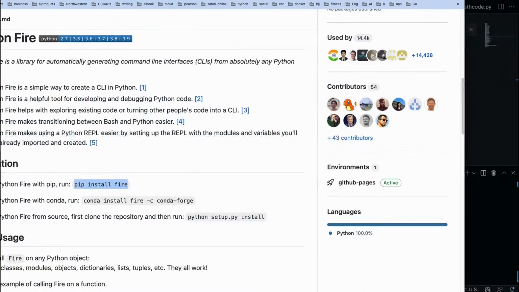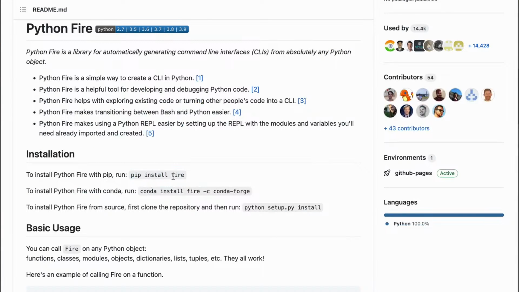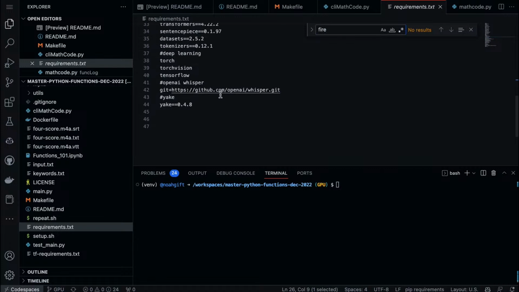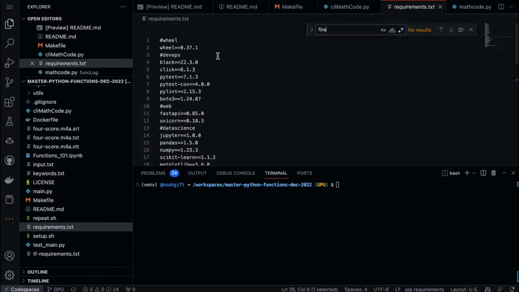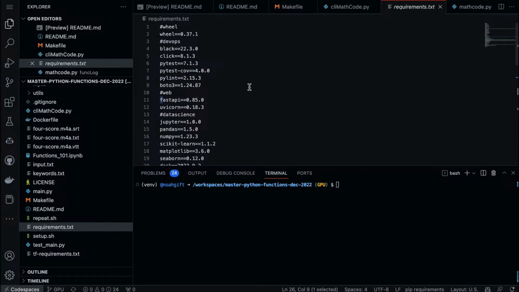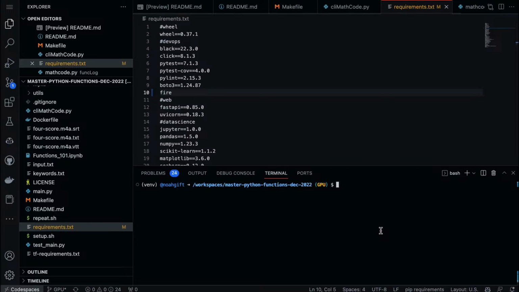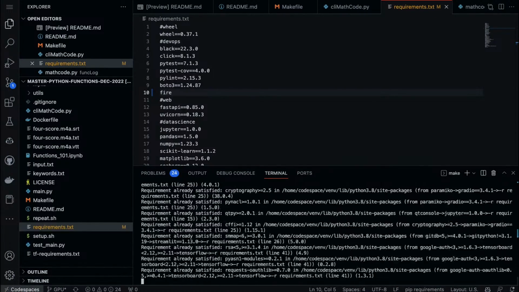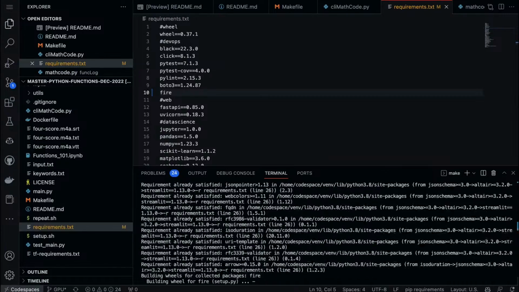So let's go ahead and put this over here, and we'll put Fire inside. Now, take a look at this. I'm going to go ahead and put this into the DevOps section of my requirements file. There we go, Fire. Now, how would I install this? Let me just show you how I personally do it. I just say make install, and what it'll do is it'll look through all my requirements and it'll find the new one. In this case, it'll be Python Fire, and then it's pretty easy.